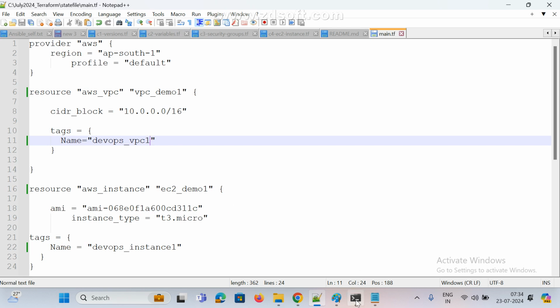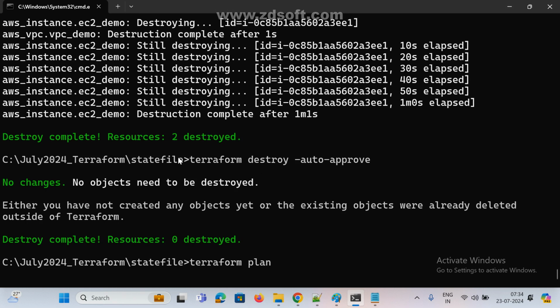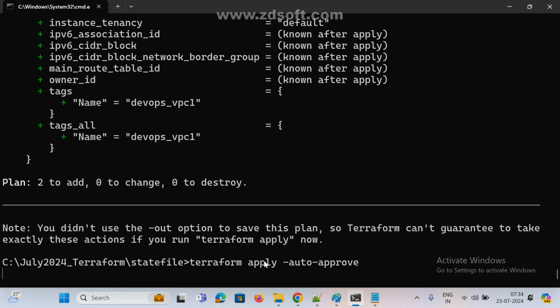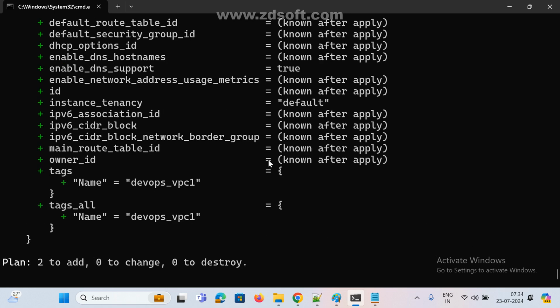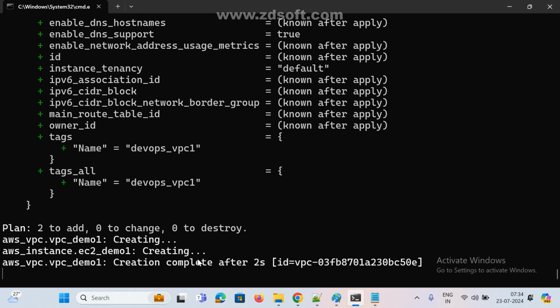Okay. Now I am using Terraform plan. First I am using Terraform plan. Plan means it is doing two. I modified, right? We are expecting two only. So two added. And so Terraform apply, now with auto approve. Auto approve means now the state file should be updated. If you open this, now see here, two resources are going to be created. One is the demo VPC and the instance and all.